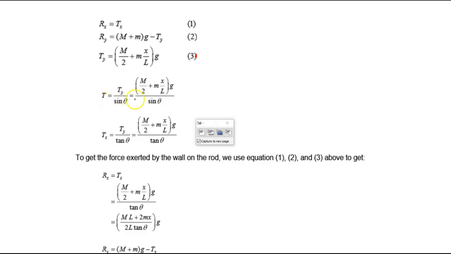Alright, this equation appearing might seem a little bit perplexing to start with, but if you remember from the other side that Ty equals T sine of theta, then you could pretty easily solve this for T, and you'd see T equals Ty over sine of theta. So what they did is they took equation 3 here, and they plugged equation 3 in place of Ty, and then